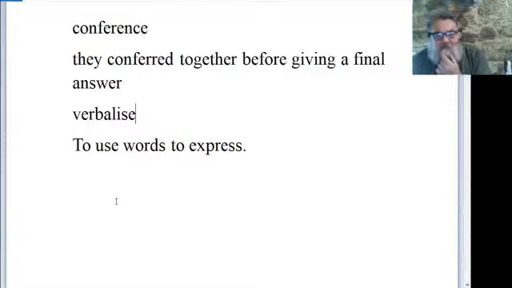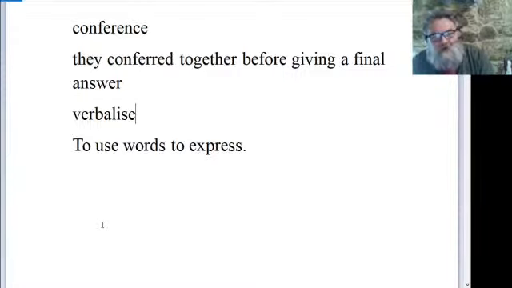Or maybe as well, very shy people find it difficult to verbalize their thoughts and feelings. Yeah, they like just to keep them in and not let them out, so they don't verbalize what they actually feel. So, if you're ready, Dimitri, give me a sentence with